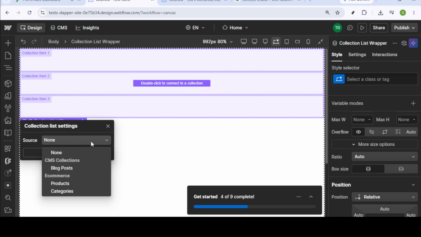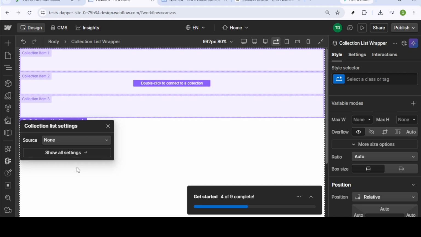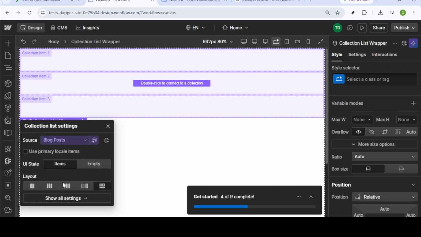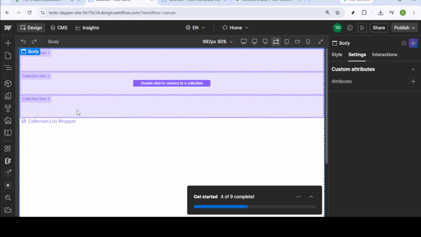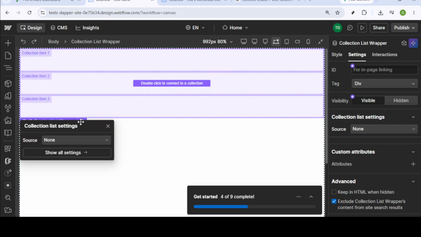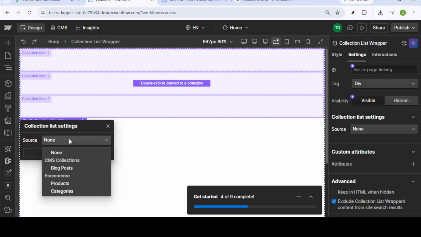Now that your collection list is in place, locate the settings icon. Clicking this will allow you to tweak various settings for your collection. Here, you'll define collection fields and structure how your data should be organized. This part lets you customize the fields you need, such as text, images, links, or any other data type you find necessary. Think carefully about what data you'll be storing, as this sets the stage for how easy or complicated